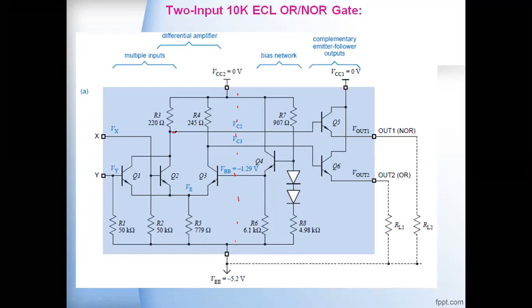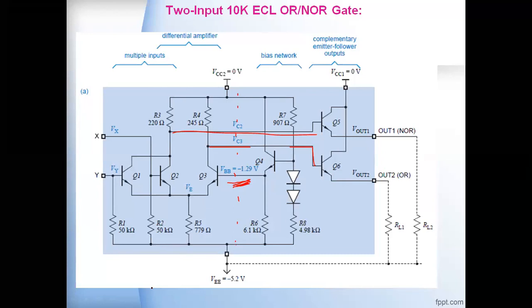The output of this circuit is connected to one emitter follower circuit, and the other output of the circuit is connected to another emitter follower circuit here, just to improve their output currents. And the biasing circuit is to provide a reference voltage here. Therefore we need not use any external power supply. Within the circuit itself, you can have the constant reference voltage. The operation is the same.